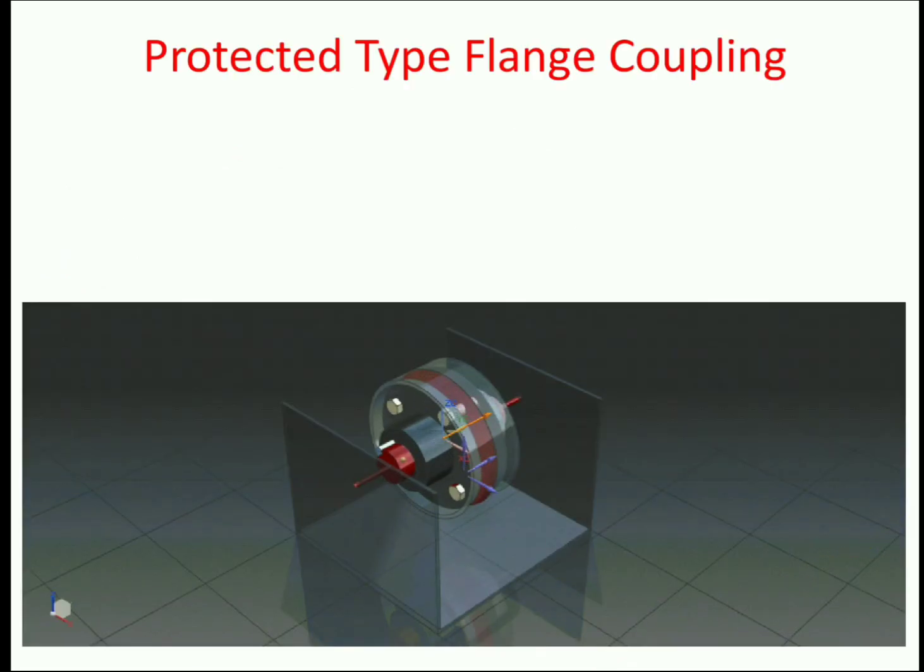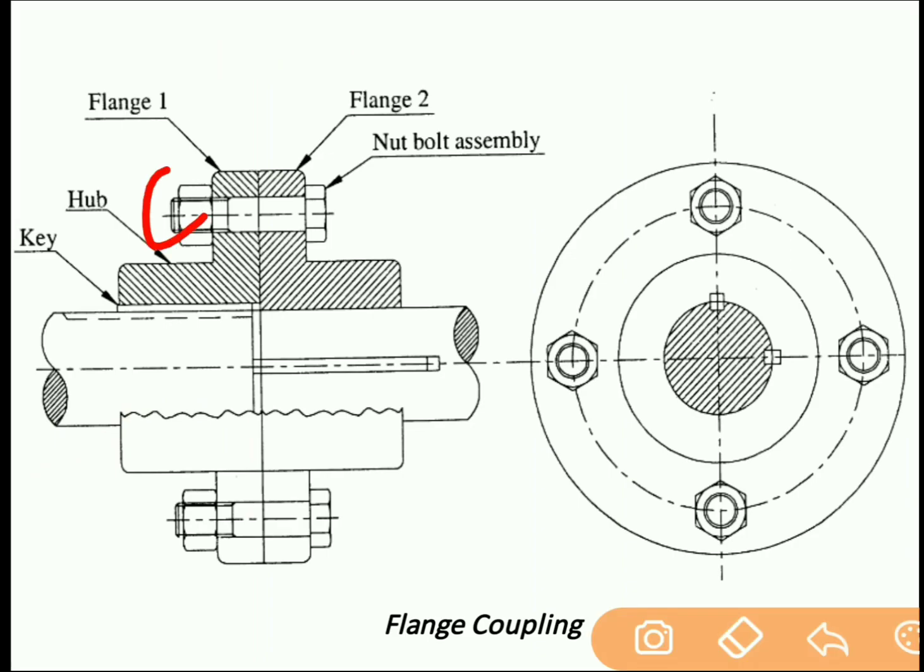Next is the protected type flange coupling. Flange coupling has two kinds, protected type and unprotected type. In the last slide we have seen that in the flange coupling, the nuts and bolts are outside the disc. So if this is flange 1 and flange 2, which are disc shaped as you see in this side view, and the nuts and bolts are outside this disc, there might be a chance of accident